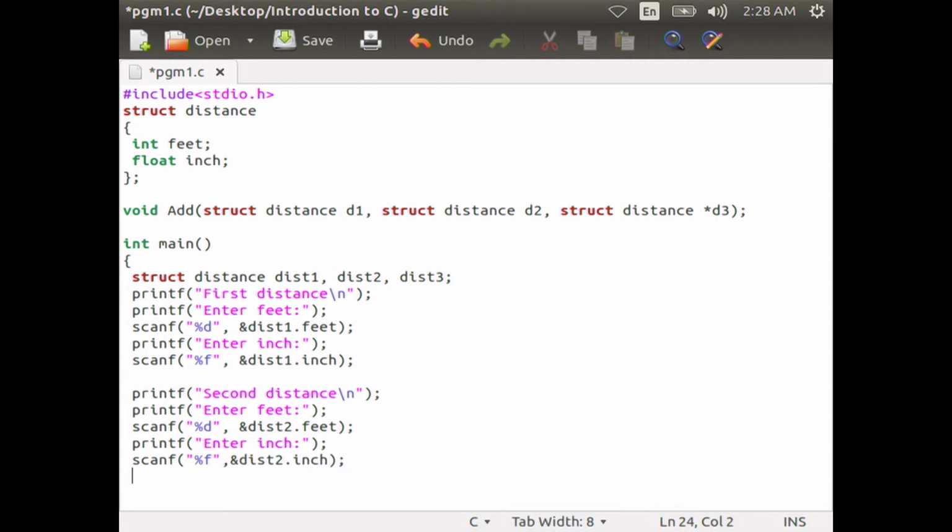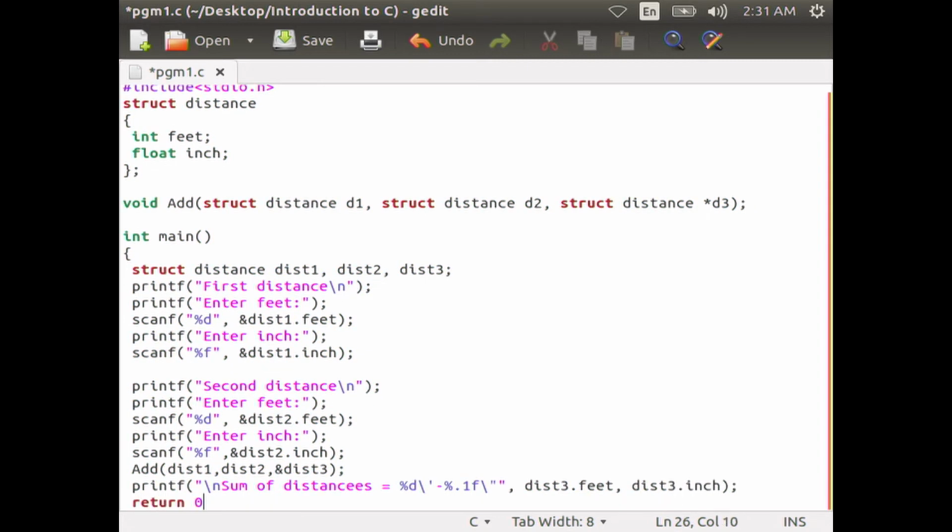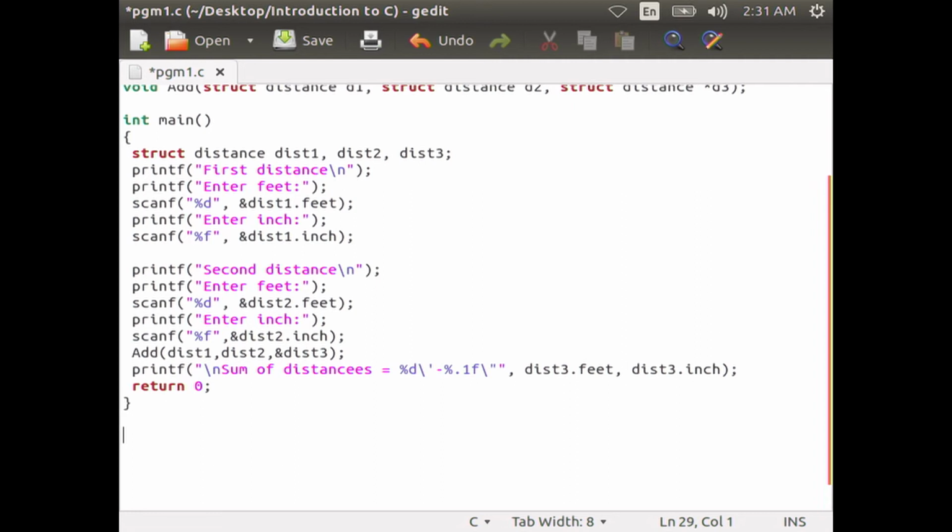Then you call the function add with parameters dist1 comma dist2 and ampersand sign dist3. Then printf "sum of distances equal to %d'%0.1f" comma dist3 dot feet comma dist3 dot inch, then return 0 and close the final curly brace.